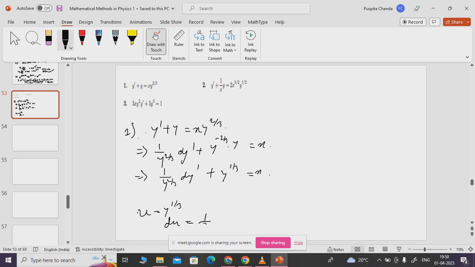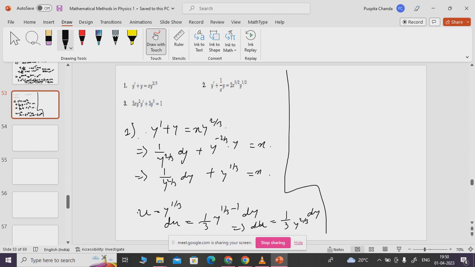So it is 1 over y cubed dy dash plus y to the power 1 by 3 is equal to x. If we substitute u is equal to y to the power 1 by 3, then du becomes 1 by 3 y to the power 1 by 3 minus 1 dy. Okay, so du becomes 1 by 3 y to the power 2 by 3 dy. Now when we substitute, this equation becomes